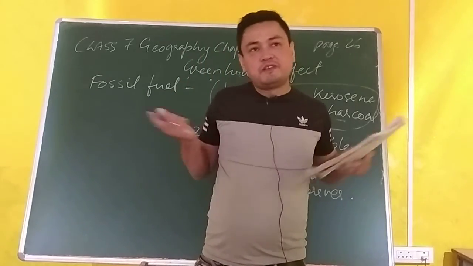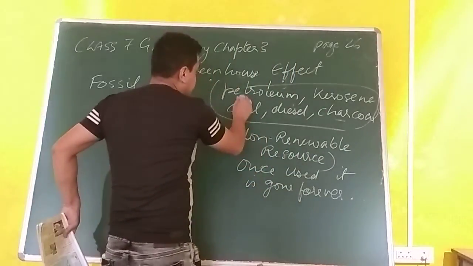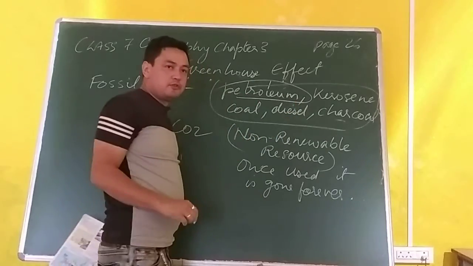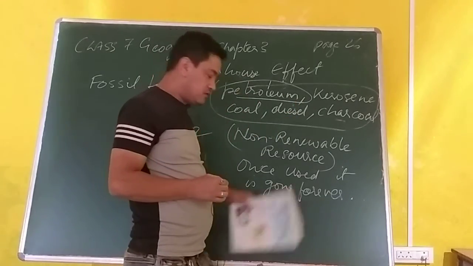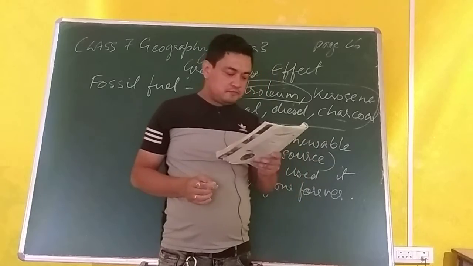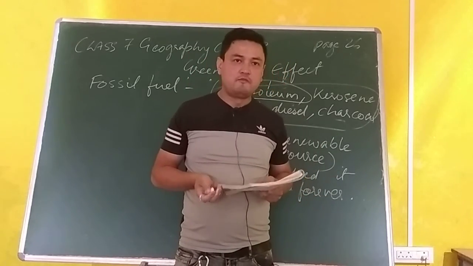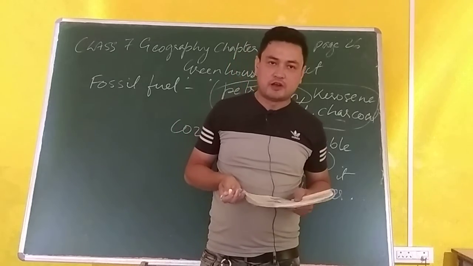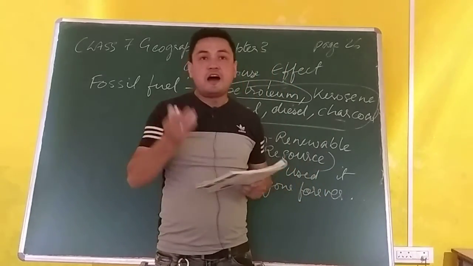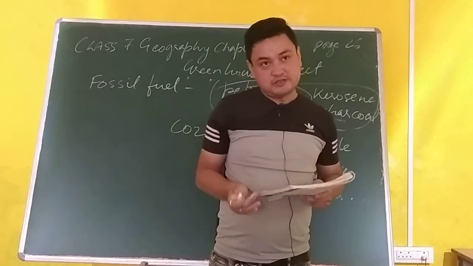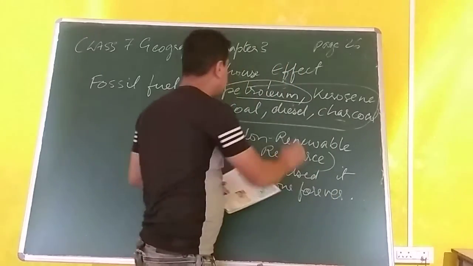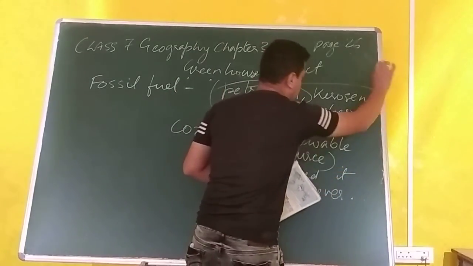Now natural gas means what? Wherever you dig petroleum or wherever you find petroleum, you find natural gas. Natural gas is basically used for cooking at homes, in a gas stove, etc. This natural gas is high in carbon content. Now carbon is found in the coal also, in the charcoal also.